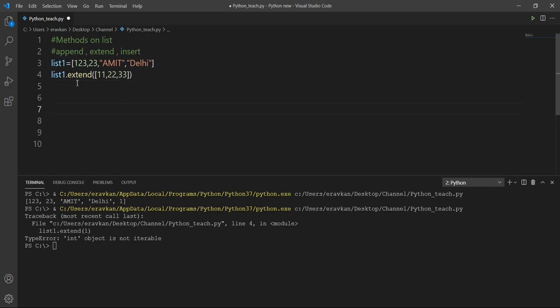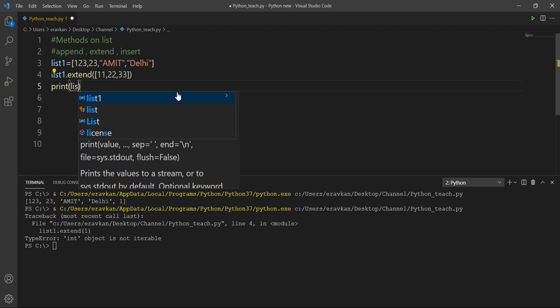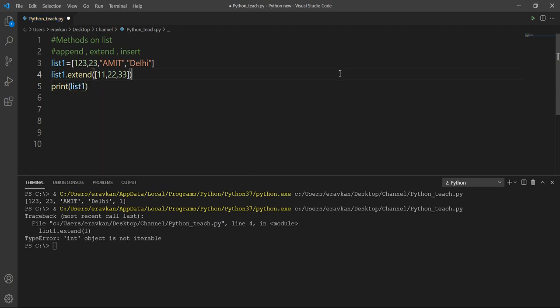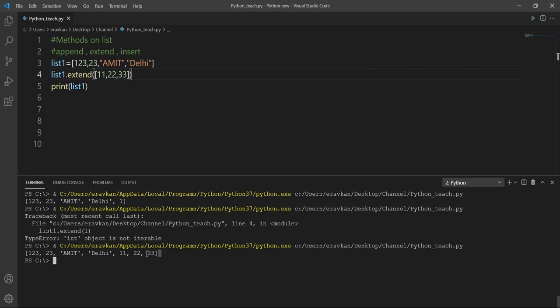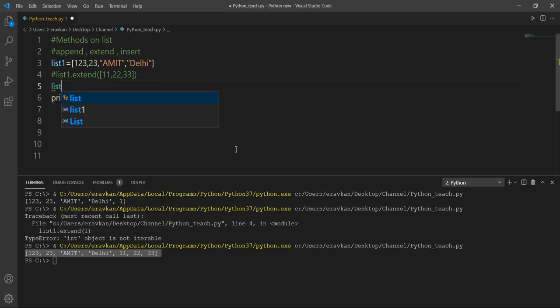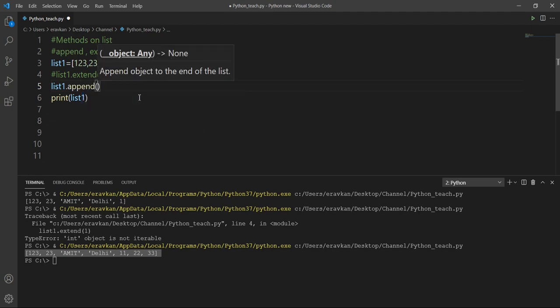Okay, I will show you again. If I print list1, now my list is extended. And if I do the same thing using the append method, list1.append, now see the difference.